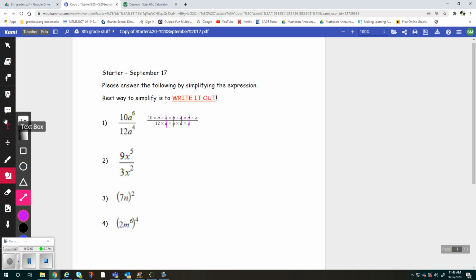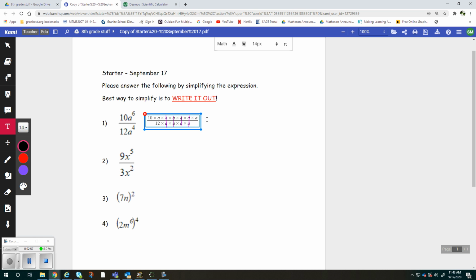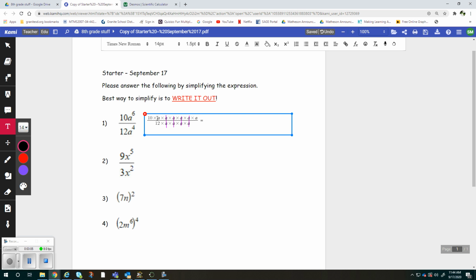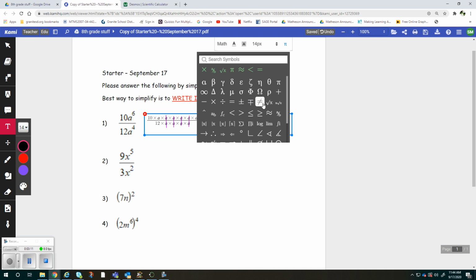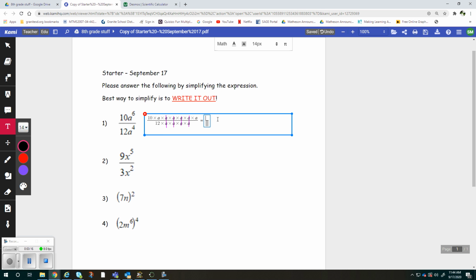So I'm going to have my text box here. I'm going to click back in there. Got to click on text box again. And I'm going to come over here and do equals. Oh, but my text box wasn't wide enough. Okay, equals. So I'm going to do a new fraction. And I know this takes a long time, and if I could write this on the board, I would, but my projector's broken. Okay, so 5 over 6